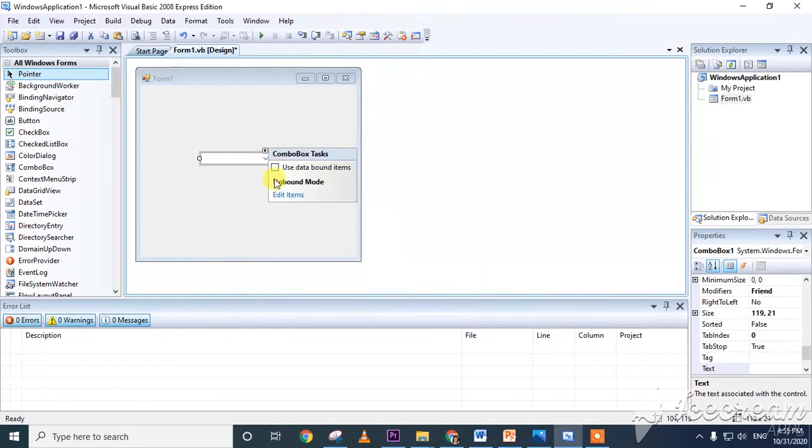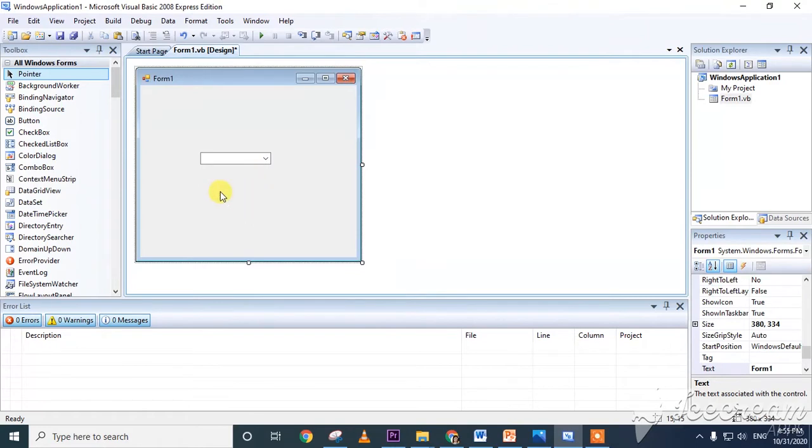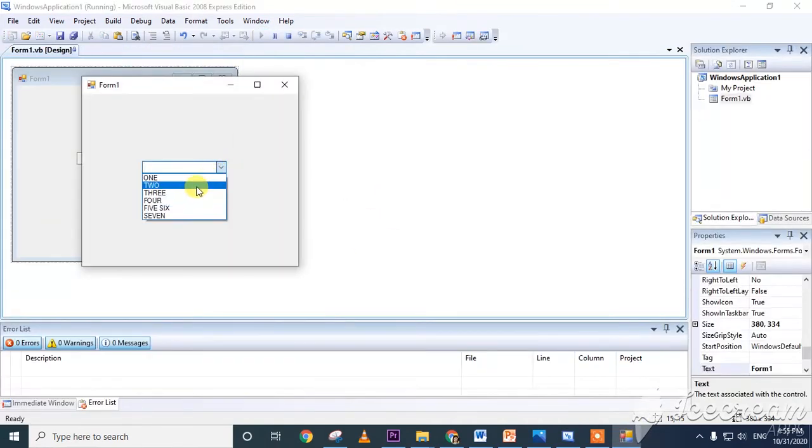Click on OK. Now when you run this program you can see and select which one you want. This is called combo box. You can select easily.